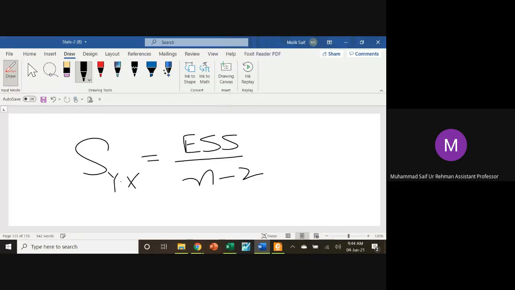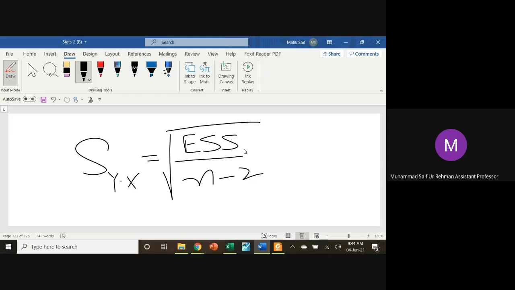So if you have the ANOVA table, in that table you will have some value for ESS, error sum of squares, or within sum of squares. If you have that value and divide it by n minus 2, you can find out the value for standard error of estimate. So you can find out this value from the ANOVA table, and remember that this is the value when you take into your account